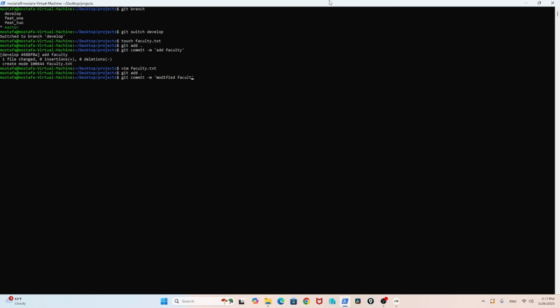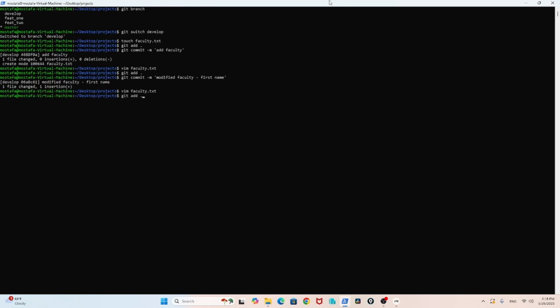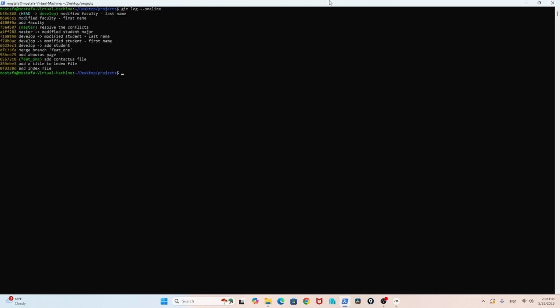Save the file and I would say git add, git commit dash m, modified faculty first name. And then I'm going to add a last name too. I would say Vim faculty and add the last name Doe. Save the file, add a new commit, and I would say modified faculty last name, right? Now if I clear this and I say git log dash dash oneline, you see